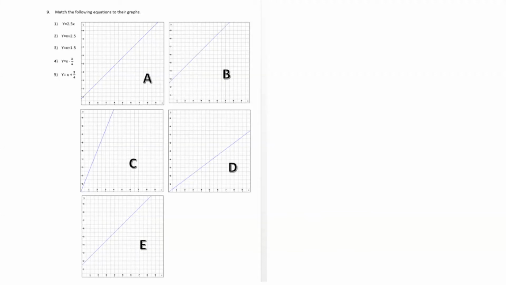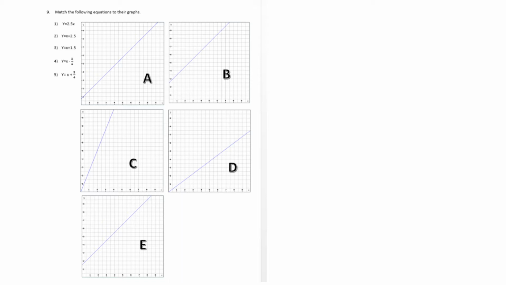So this video is a continuation of the last video, which was Test Prep CA8, Part 1, Question 9. So this is the second part of that. In that video, we talked about what makes an additive versus a multiplicative equation and what that graph will look